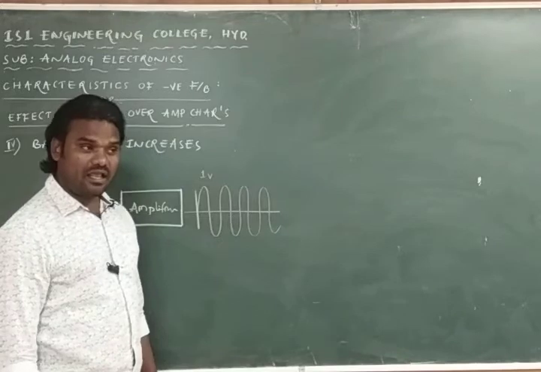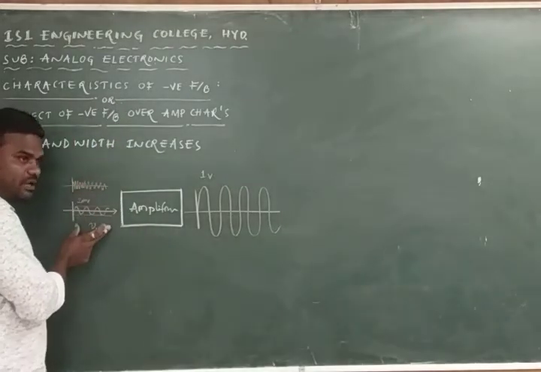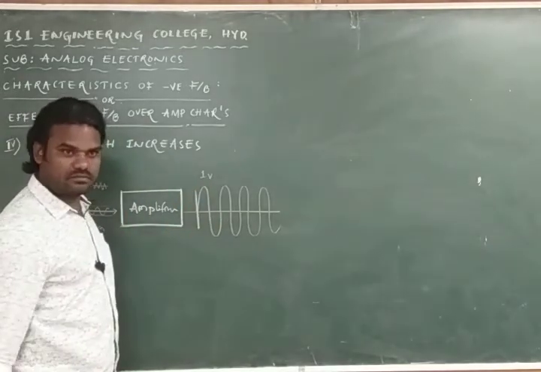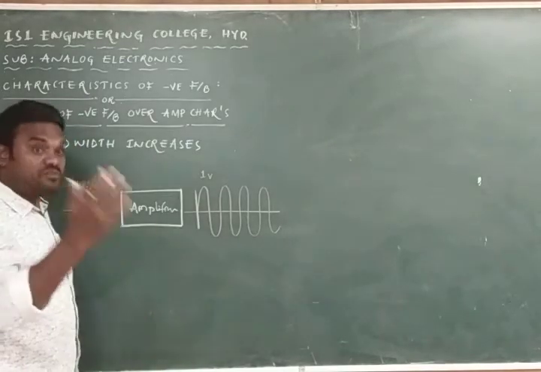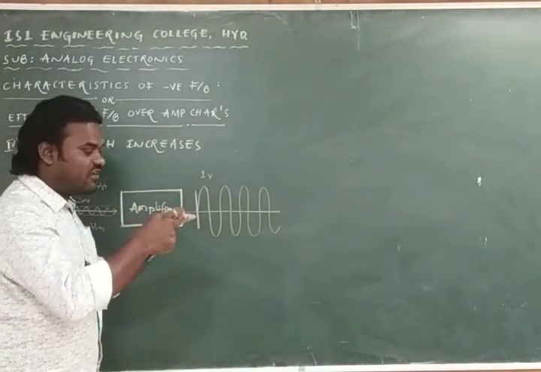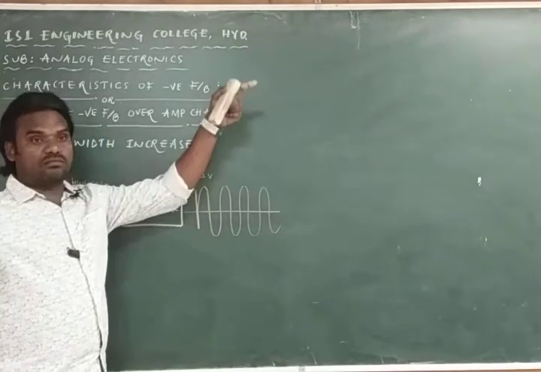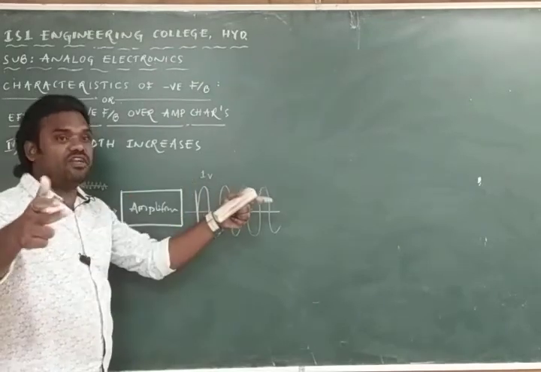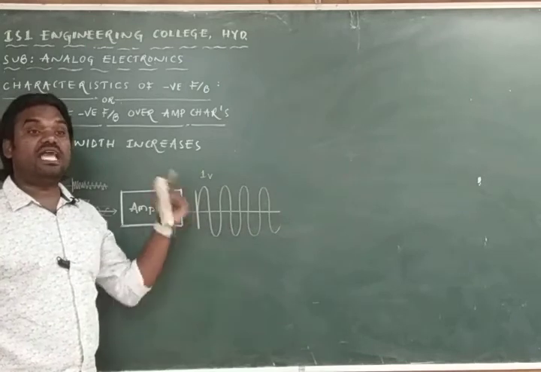I am changing the frequency of the input signal such that I want to study the response at the output. By changing the frequency, I am going to observe that from one frequency to another particular frequency, the gain will be more. This amplifier output will be more. During that range of frequencies only, the gain will be more, and for all the remaining frequencies, the gain will be less.